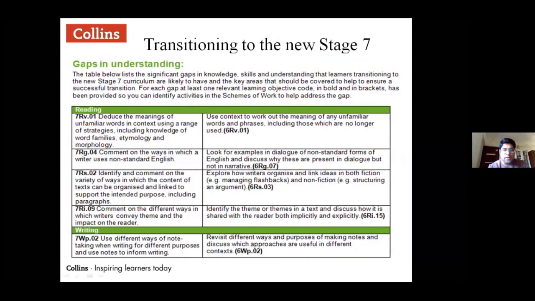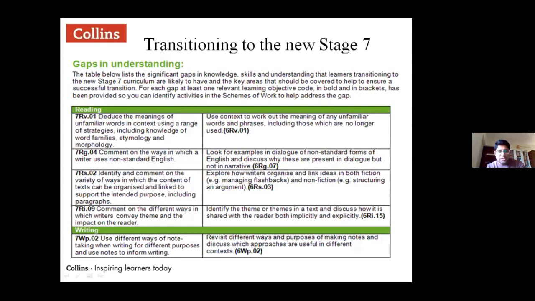Now, this is something that we need to understand, very, very important. When you talk about your current grade 5 moving on to grade 6, or grade 6 moving on to grade 7, there's a gap, when they will not read the new syllabus stage 7. The ones who are in grade 6 now will come to grade 7, so for them, they are directly jumping to stage 8 and missing out on stage 7, or vice versa. The ones who are in grade 5 coming to grade 6 are missing out on the current grade 7 and the gap, because they're directly jumping to 0861.